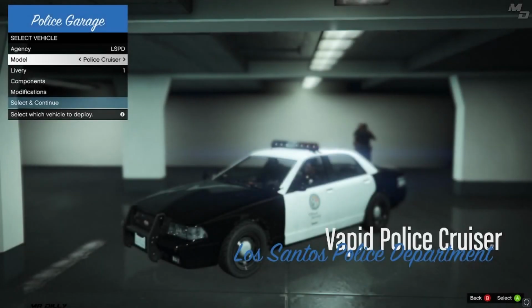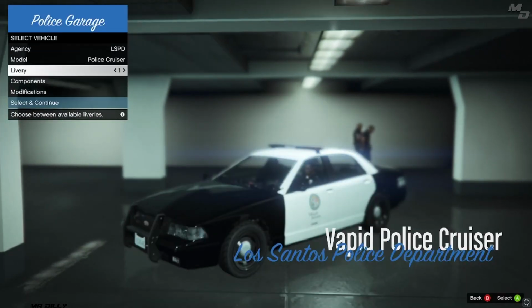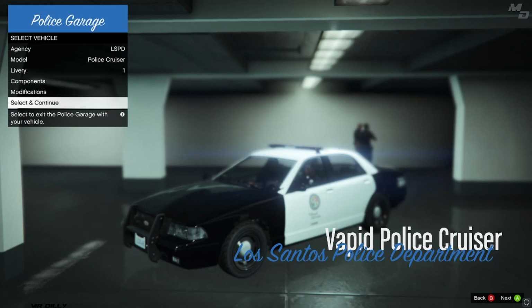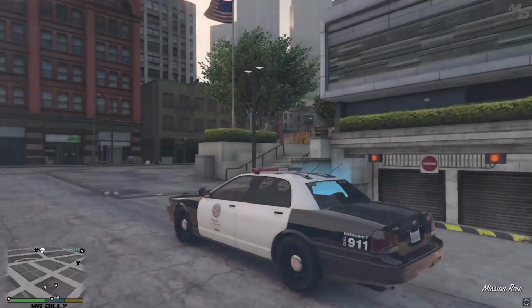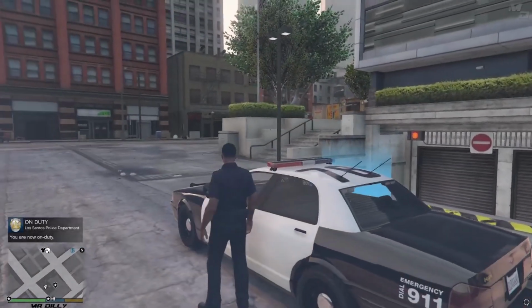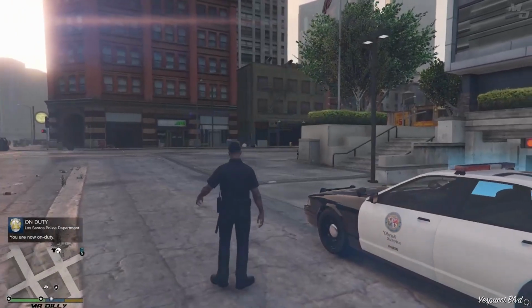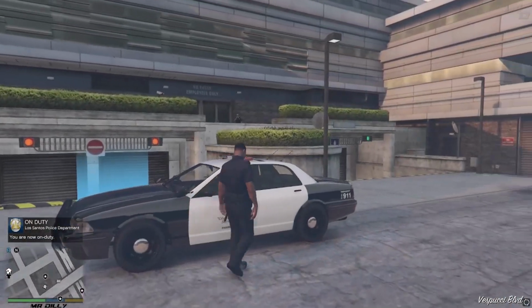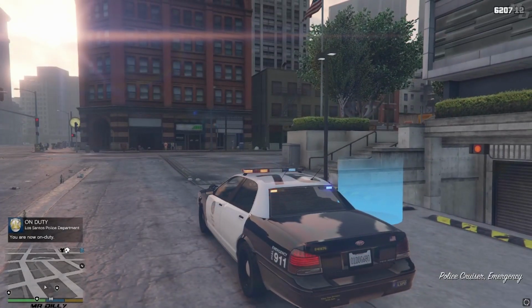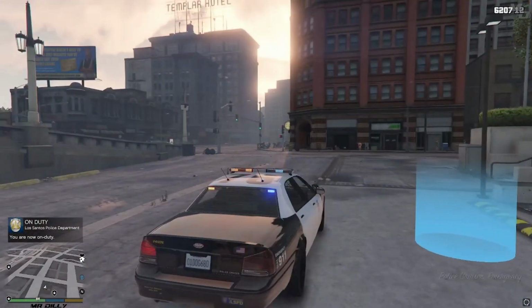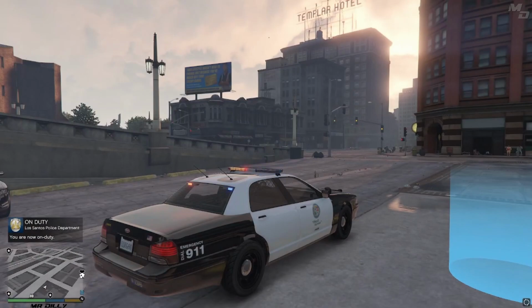I'll go ahead and choose this one right here. Let's select this bad boy. All right, so right now we are already on duty. As you can see, you are now on duty, so now we can begin our patrols if we want to. We can press, is it L3 or R3,